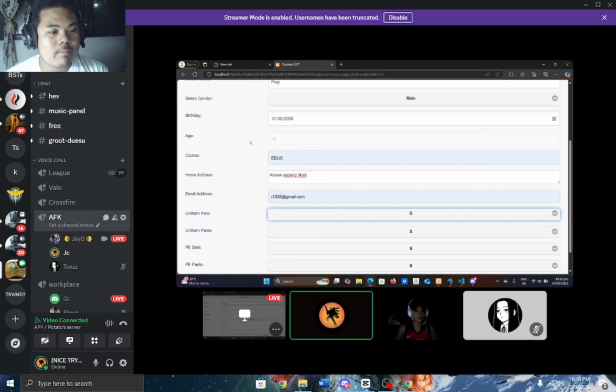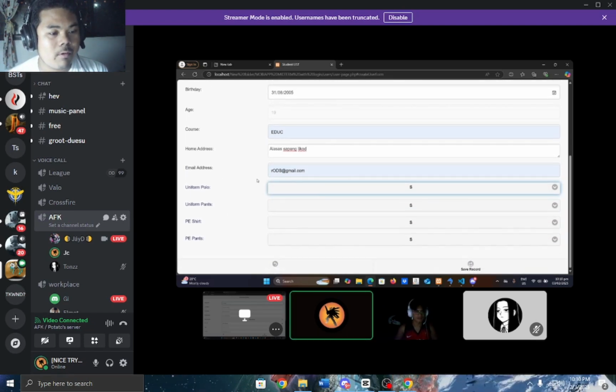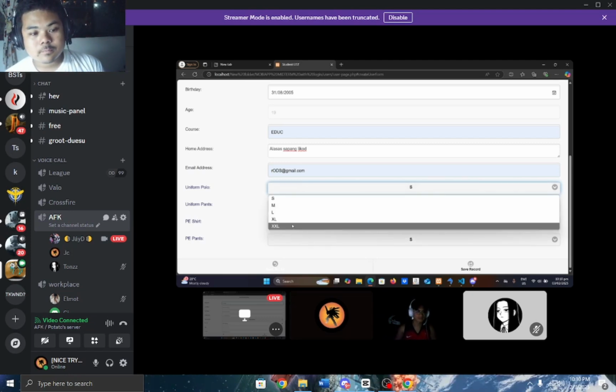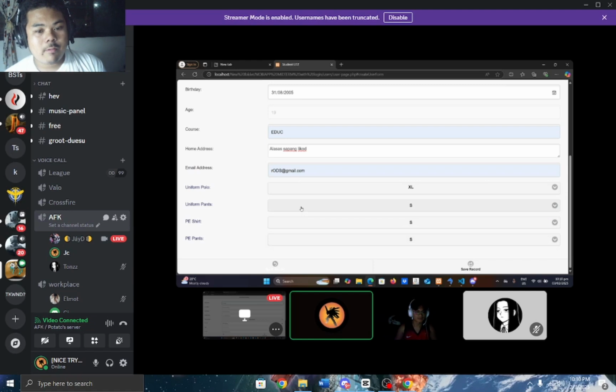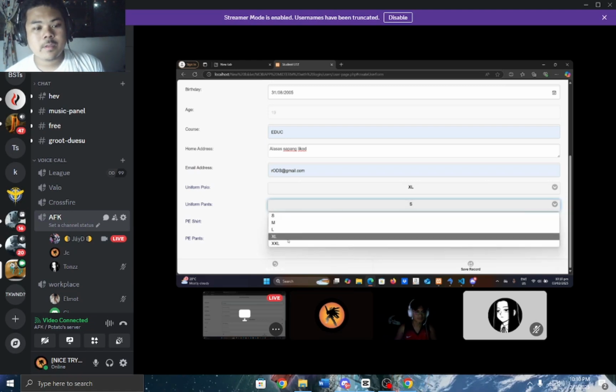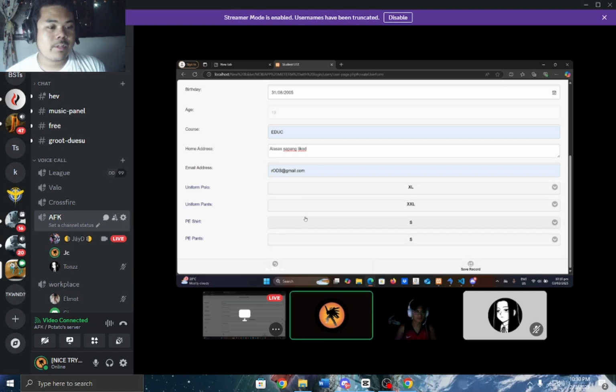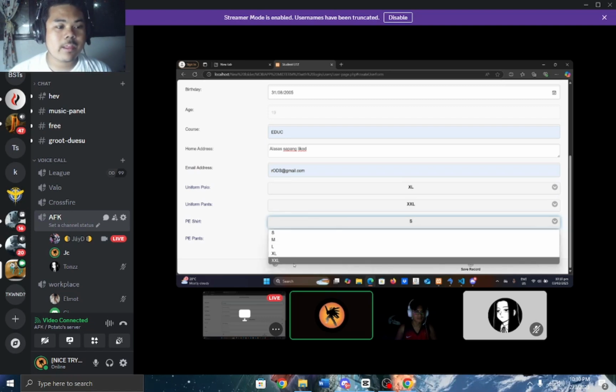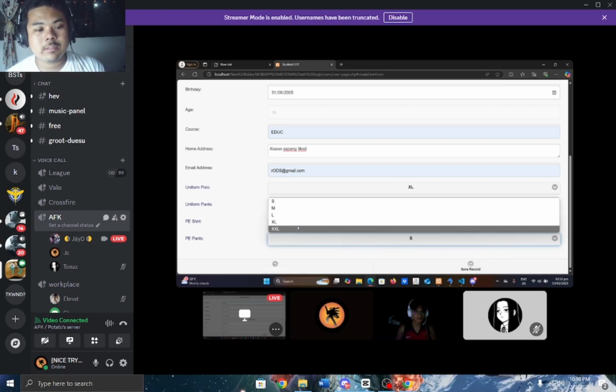And for the bottom, we have the uniform polo, pants, PE shirt and PE pants. For example, for my uniform polo, let's put it at XL, and uniform pants of double XL, and vice versa for the shirt and pants. So PE shirt will be XL and pants will be double XL.